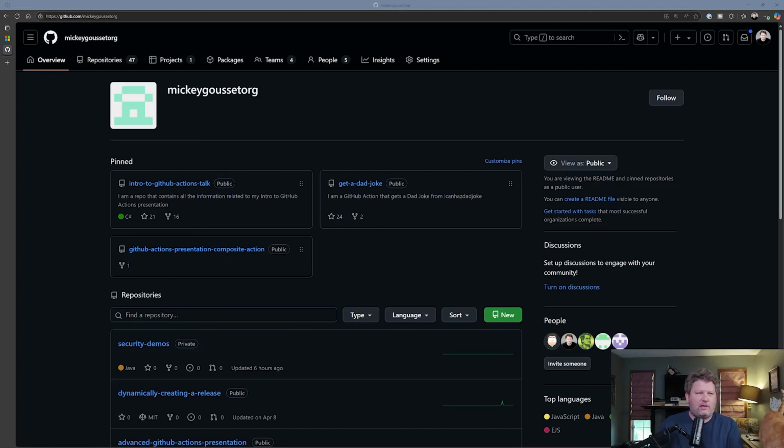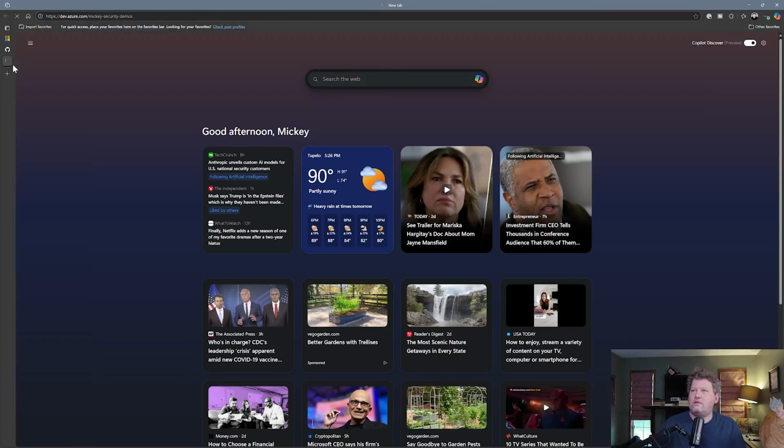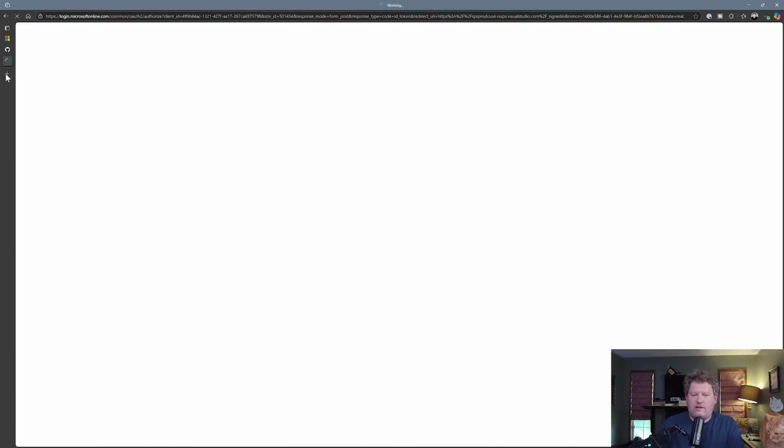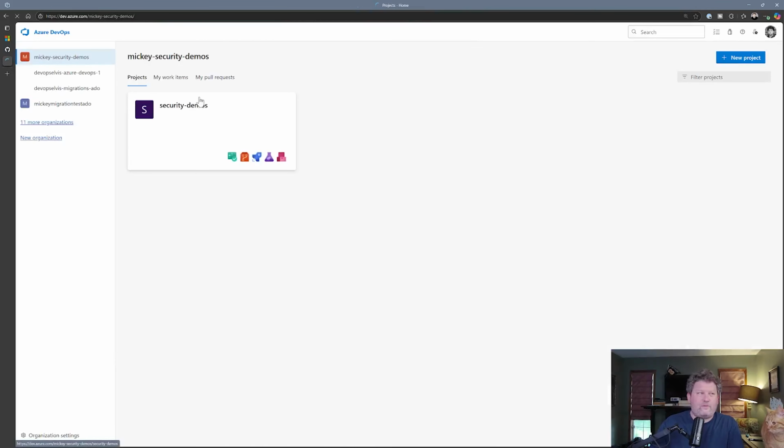I have an Azure Pipelines team project and specifically a repository already that I want to use. So let me go pull that up real quick, just so you can see it. So this is my Azure DevOps team project, Mickey Security Demos, and my organization is Mickey Security Demos, and I have specifically, I am trying to work and pet a cat